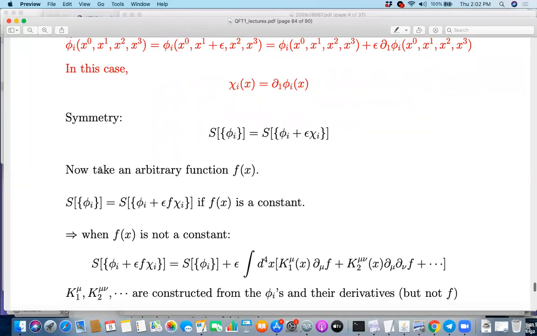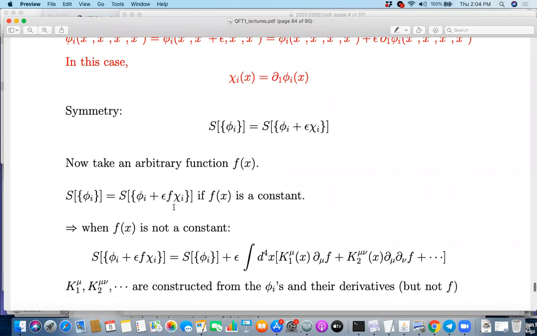So now we are going to take an arbitrary function, which I'll call f of x, and consider this relation. This is not an identity. This is not a correct relation for arbitrary f of x. But if f of x is a constant, then that constant times epsilon, you can just call it a new epsilon prime. And then this is a correct relation, because whether it's epsilon or a constant times epsilon, it doesn't matter. It's clear so far? If it's not clear, please ask, because the proof will happen suddenly.